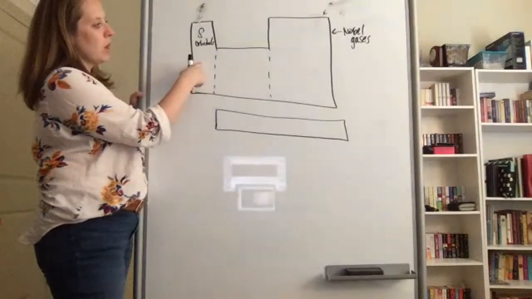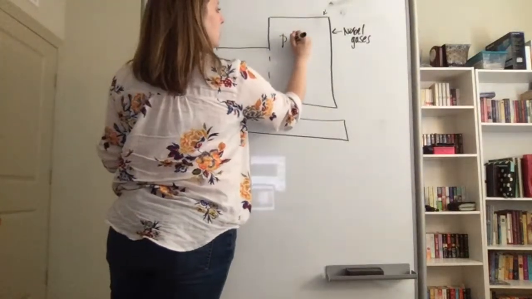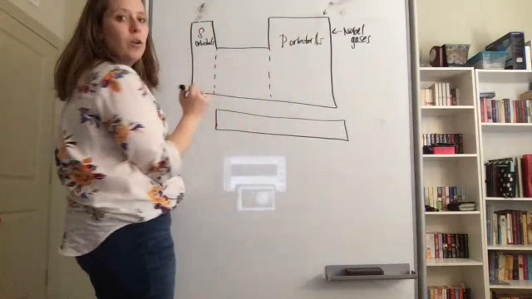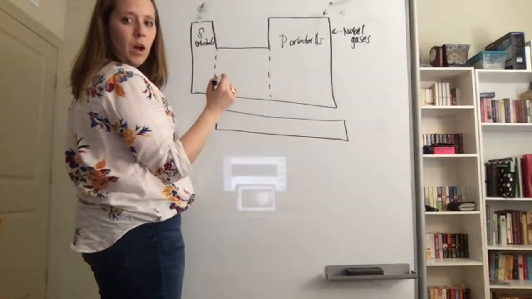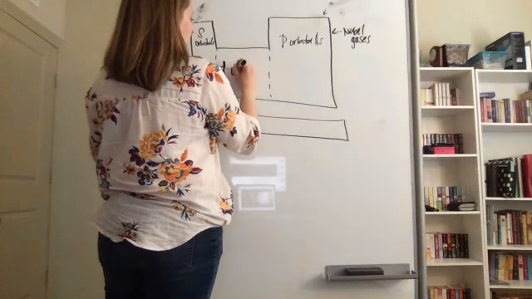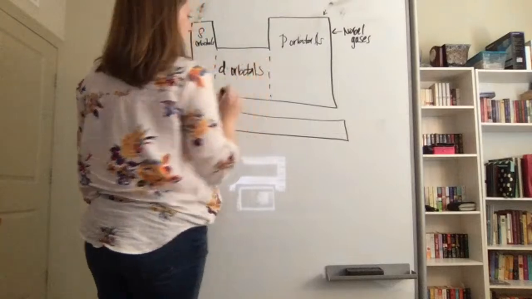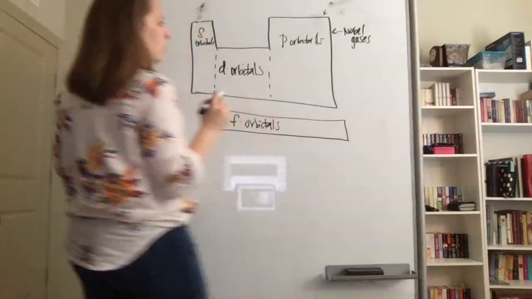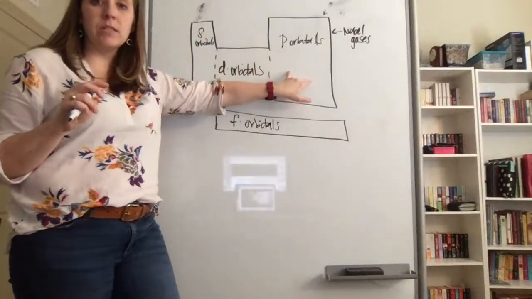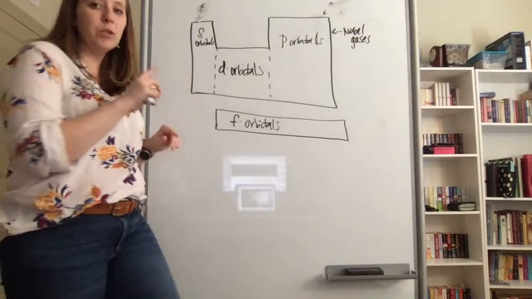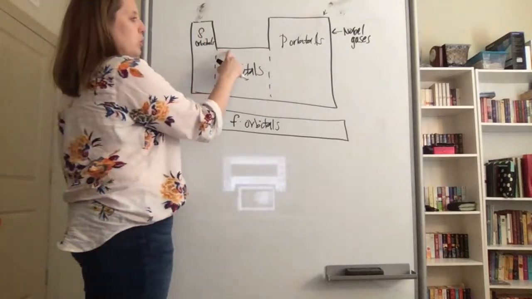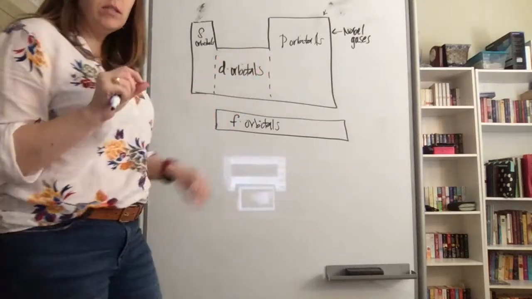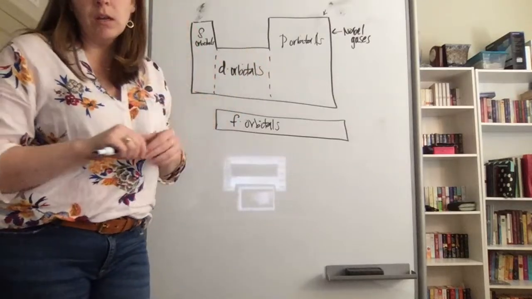So here on the left are our S orbitals. These are our P orbitals. This here, our no rules kids transition metals, are the D orbitals. And down here at the bottom are F orbitals. So if you get confused about how many electrons sit in any of these regions, you can actually just count as you go across. 1, 2, 3, 4, 5, 6, 7, 8. So most of the time, the electron configuration